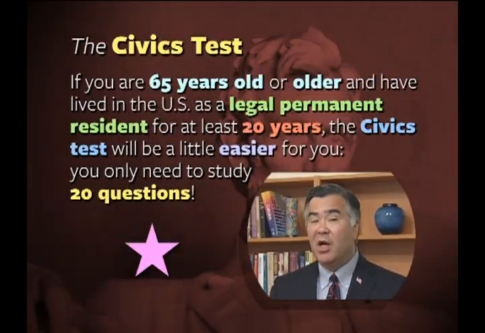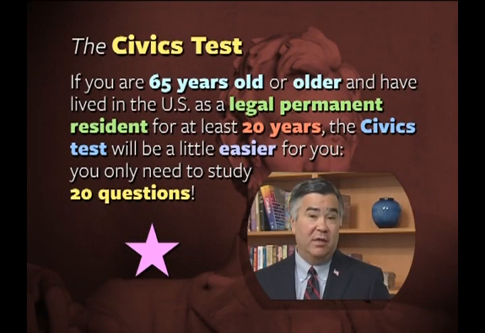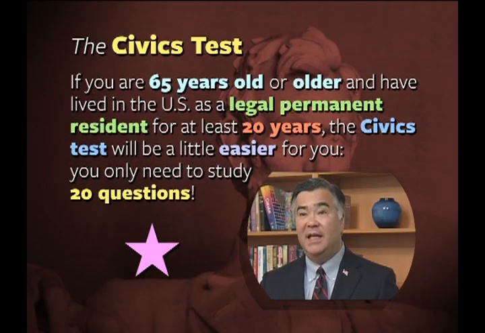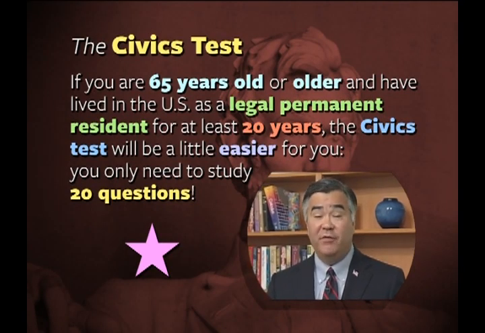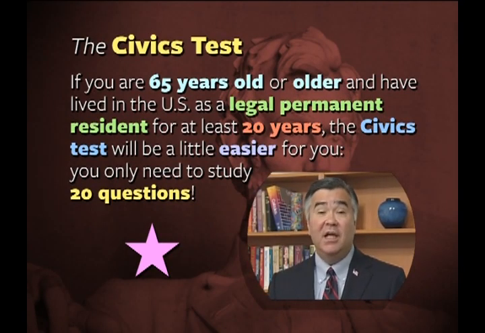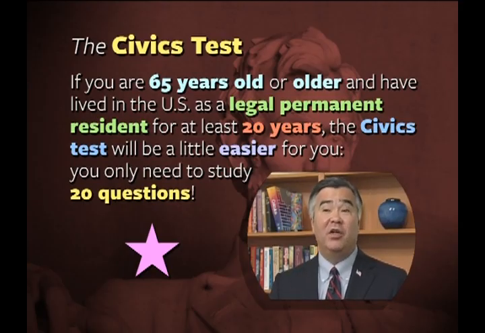By the way, if you are an older person applying for U.S. citizenship, the rules regarding the civics test may be slightly different for you. If you are 65 years or older and have lived in the United States as a legal permanent resident for at least 20 years, the civics test will be a little easier for you. You only need to study 20 questions rather than all